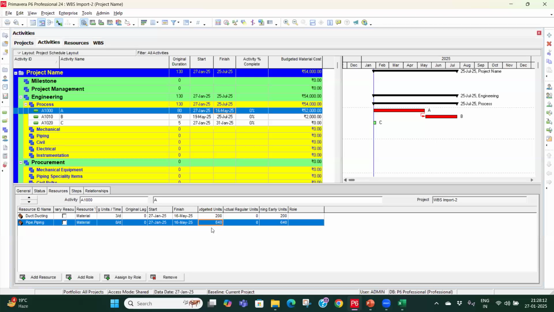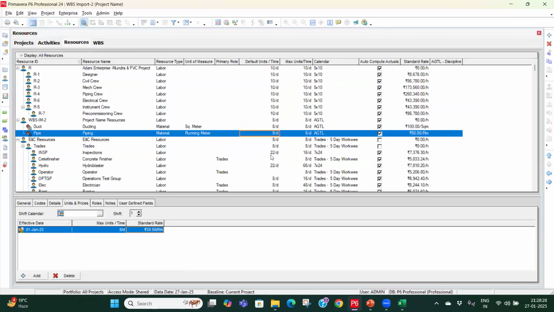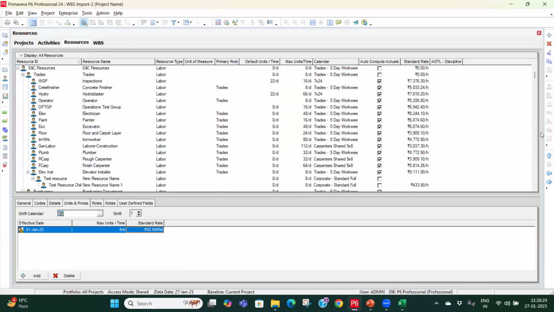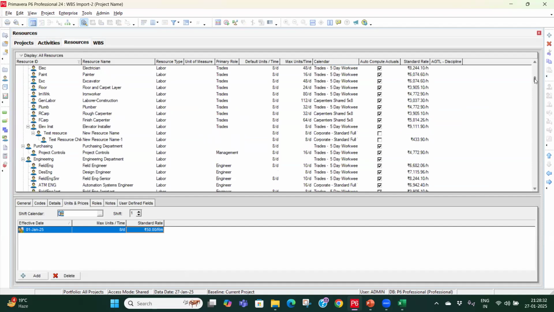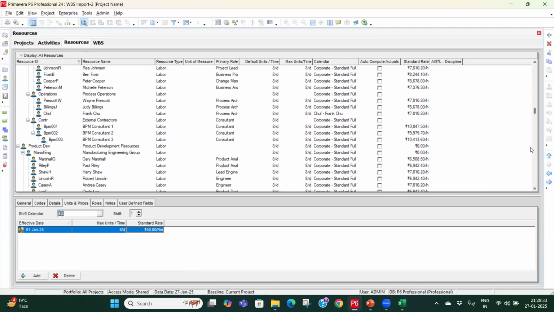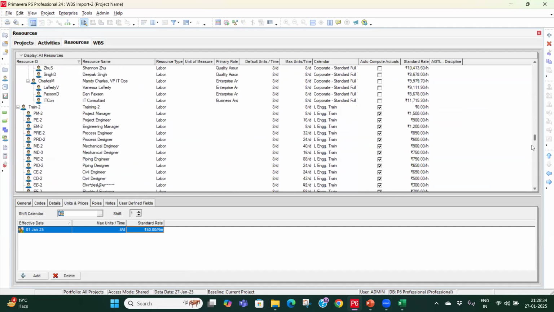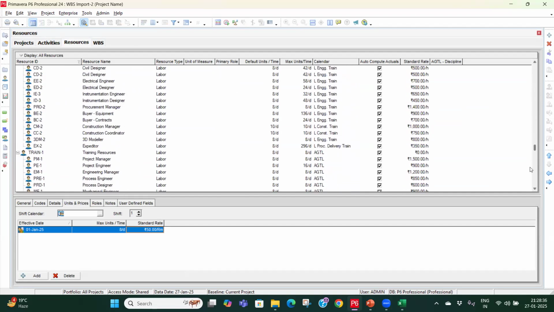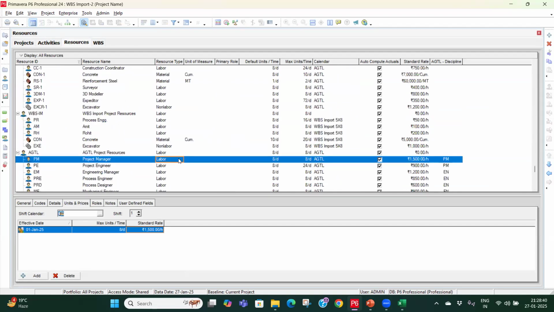Suppose for that work I need four HVAC engineers, with timing of 8 hours per day. So how can we assign four HVAC engineers maximum unit? I have shown you that. If you remember, for the AGTL, if you go to AGTL resources, this one. So if you remember, when we